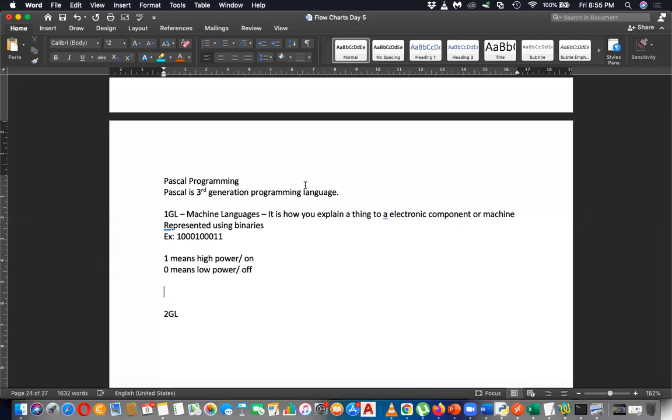If you want to do some calculation, you have to give everything using 1 0. A letter using 1 0. An image using 1 0. Maybe a sound using 1 0. No other mechanism. That was difficult.